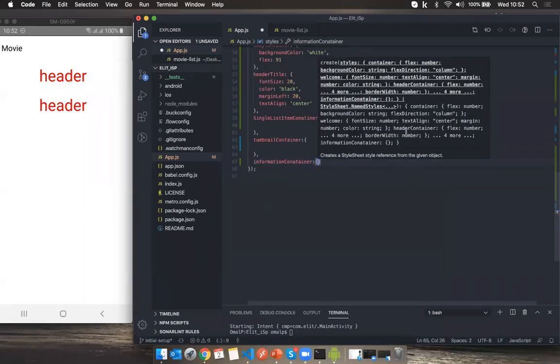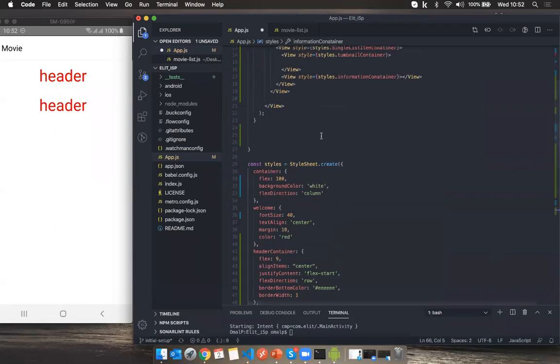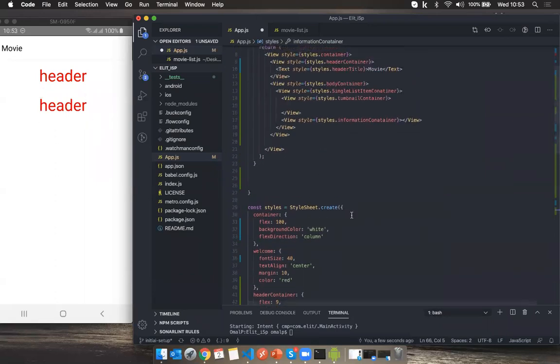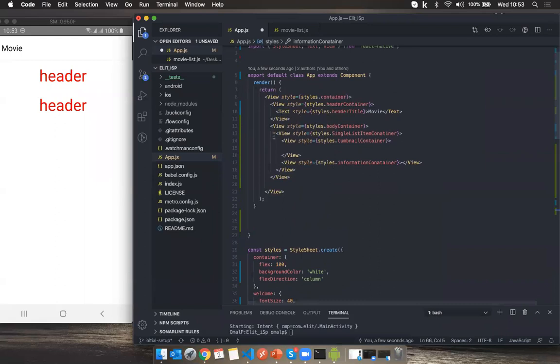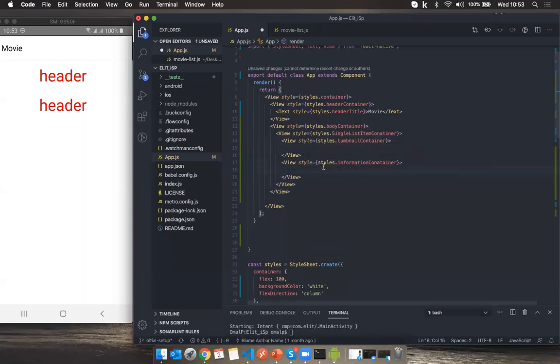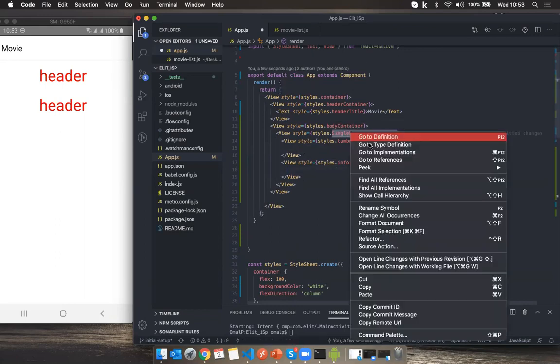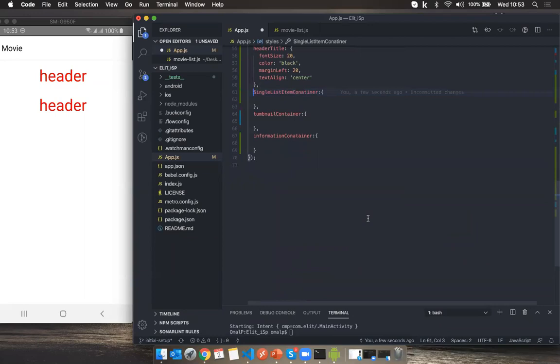So guys, we have a goal. Goal is to split the view and put one image there and put some content in the right side container. So this is our list item, and this is the part reserved for the thumbnail, and this is the part reserved for other information. So how are we going to split it? First go inside the styles of a single list item container. There we define that it should be split in this direction, I mean horizontally. So how are we going to say it?